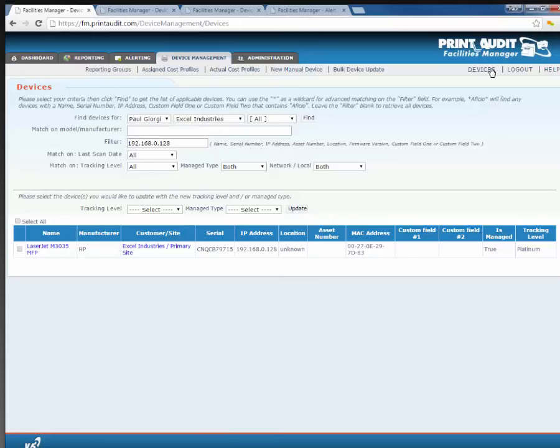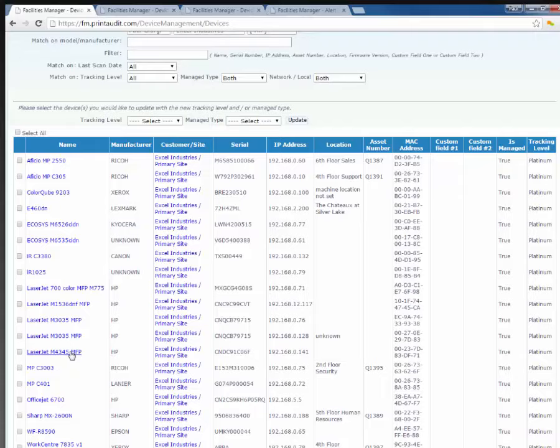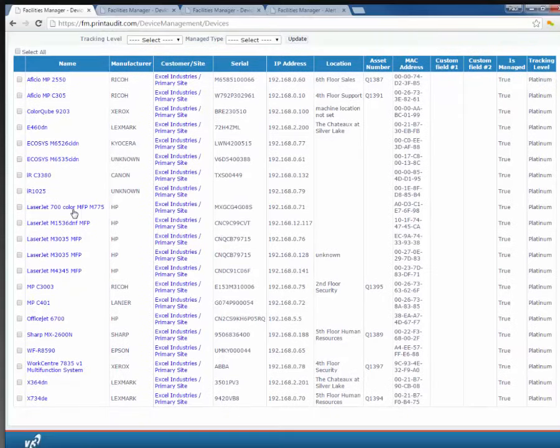You go to the devices tab, you search for the device itself. Maybe you've got the serial number, maybe you don't, whatever it is. You can actually search for it by whatever it is. You pull it up in the information of what you got. So in this case here, I'm going to go to that 700 again,